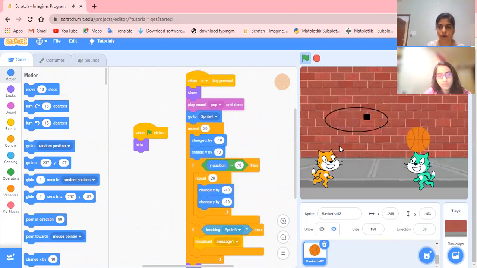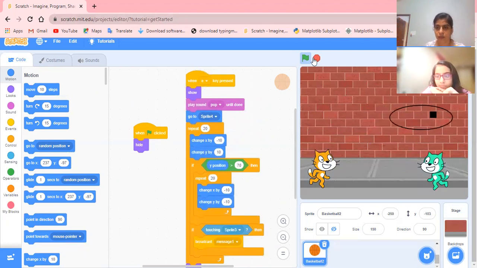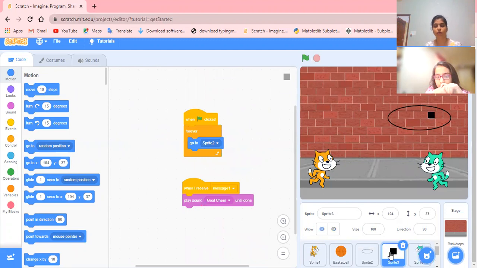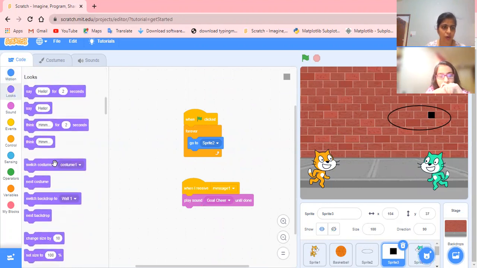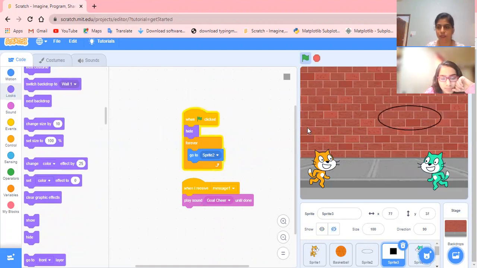Okay, and this sprite also got the movement. This is the sprite having movement. Now let's stop. Let's scroll the sprite window. This sprite we are supposed to hide. It will be there, but it must be hidden. So let us add the hide block here. Okay, now you see if I'm pressing.